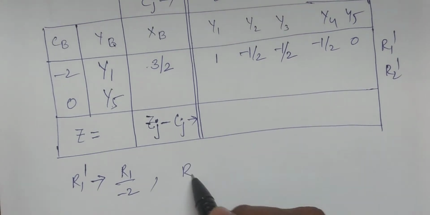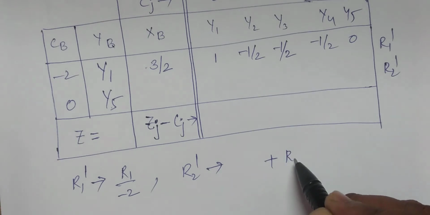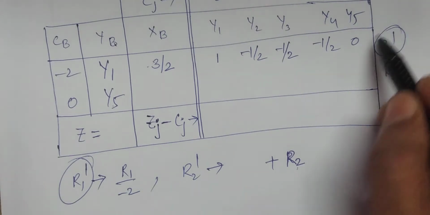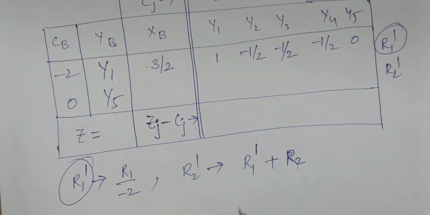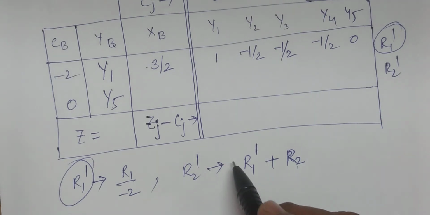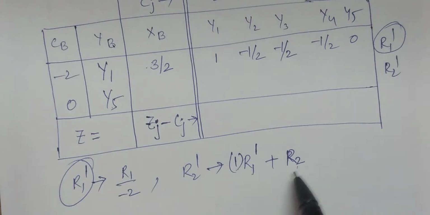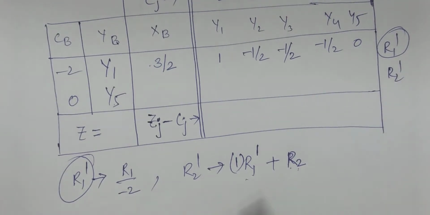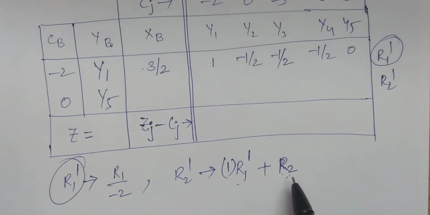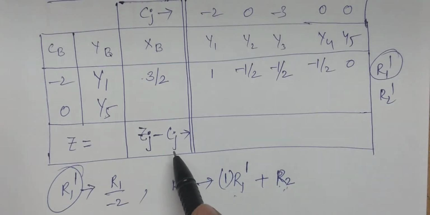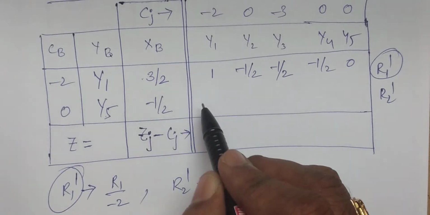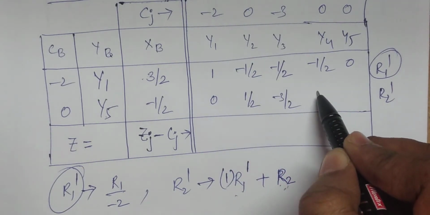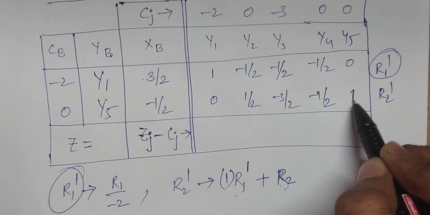And then r2 dash. There are no changes in the operations; it is plus r2, and we consider the first entered row, that is r1 dash. What is the element you have to convert to 0? It's minus 1, therefore you multiply with plus 1. So r1 dash plus r2. You add the rows r1 dash and r2, where r1 dash is here and r2 is in the previous simplex table 1. If you add those values, you will get, I am just noting the values, please calculate: minus 1 by 2, 0, 1 by 2, minus 3 by 2, minus 1 by 2, 0 and 1. This is the value.